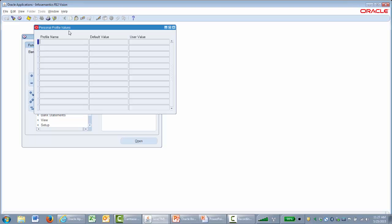So to search for something in Oracle is two steps. One is what we call to enter the query. The second step is to execute the query. So there's two steps. So let's go on to step one first. Step one is to enter the query, and for us to do that, click on the F11 key. You would notice that because my cursor is on the first column, the cell itself actually changed color. So here I'm going to enter my search criteria again, which is